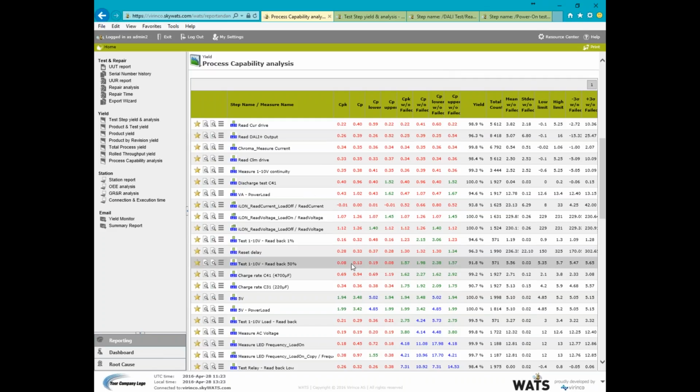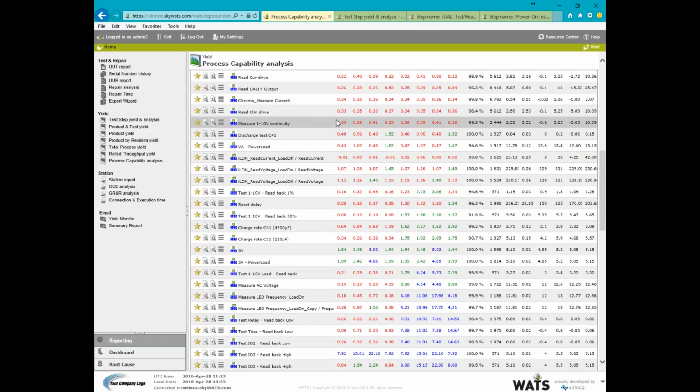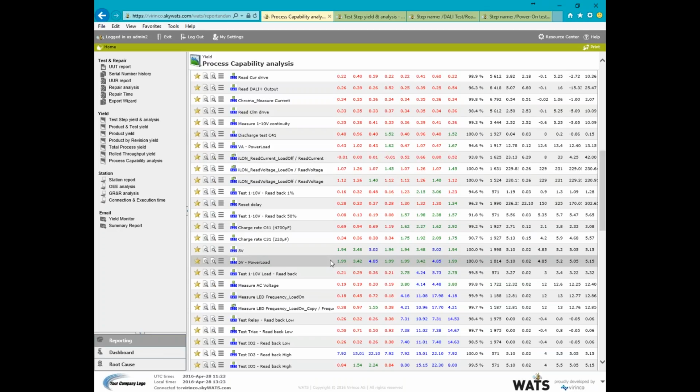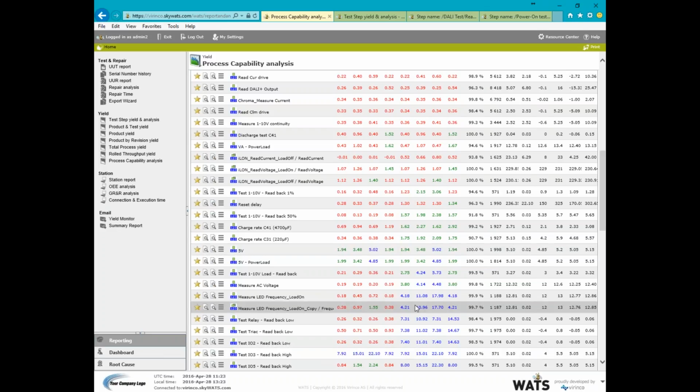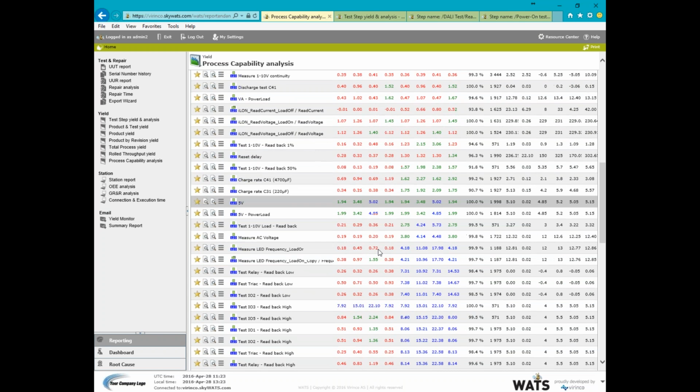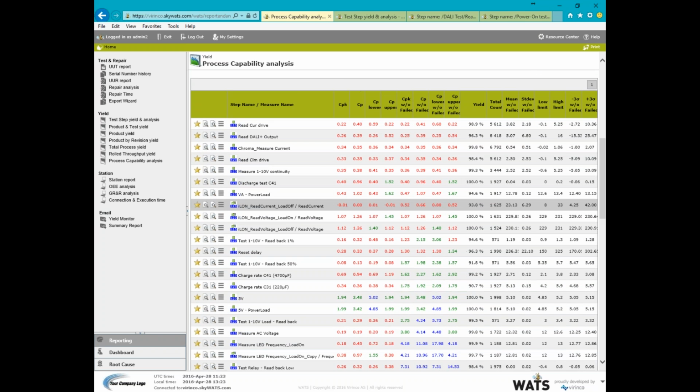So what we do here, in a quick way, we try to show you what is good CPK, what is bad CPK, and what is too good CPK. The red ones are values that we mark as not good enough. The green ones are the ones that fit the limits nicely with the data set that this test step is producing. And the blue ones are things that are too good. And if we have a look at some of these measurements,